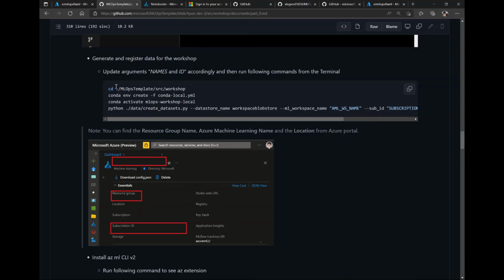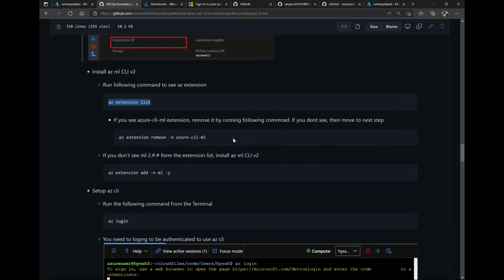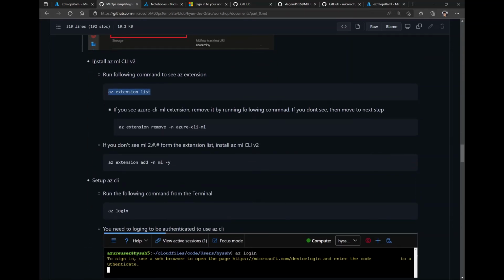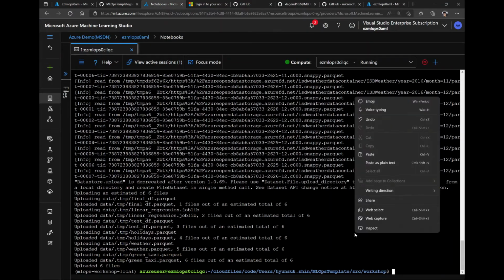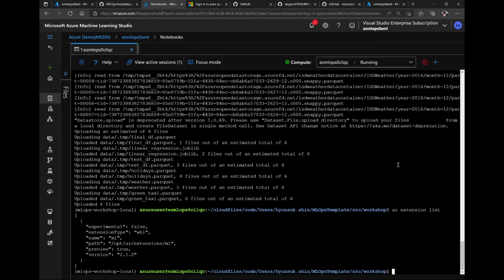So we just run this part. Next step is install AZ ML CLI v2. Sometimes you may see unexpected extensions or the old version of the ML CLI. So before we install, let's make sure what kind of extensions are already installed inside your compute instance. So I'll copy this command and come back to this terminal window. I'll paste it here as plain text. Luckily, I have